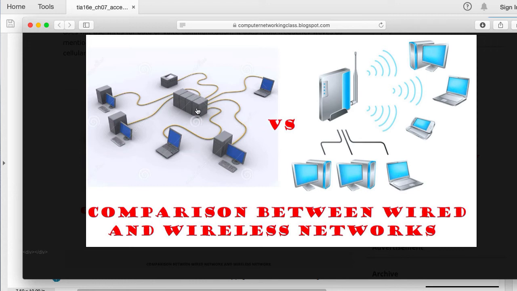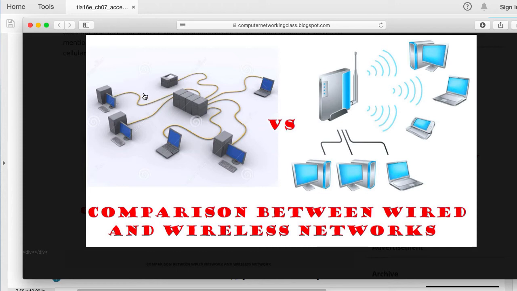I'm not saying that just having a wired network will give you a certain level of security. That's not what I'm saying. I'm just saying that it is safer in that sense that the communication is not being broadcasted through the air. But you still need levels of security. You still need some security resources in order to increase the security here.